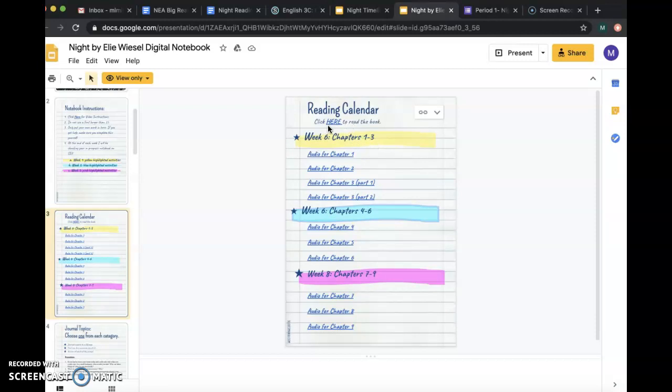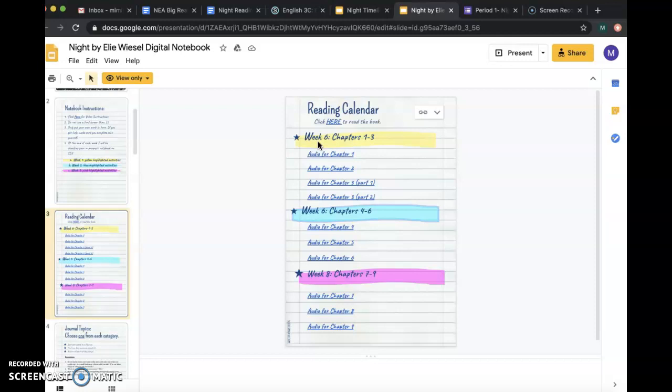Here are your options. You can click right here and find the PDF. You can click any of these and listen to the book on audio. We found all of the YouTube chapters and linked them for you. Or your final offer is to come to school, come to Granite with your ID card and your mask, and you can go to the library any day of the week between 8 a.m. and noon, and you can check out your own copy of the book.